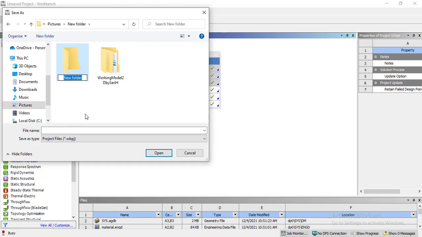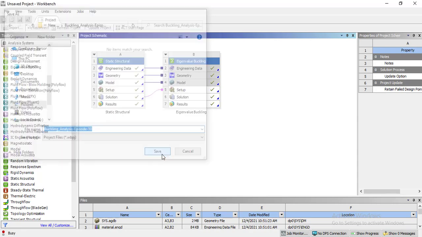I am saving my model here under the name buckling analysis episode 10. I will open it and save the file with the same name.